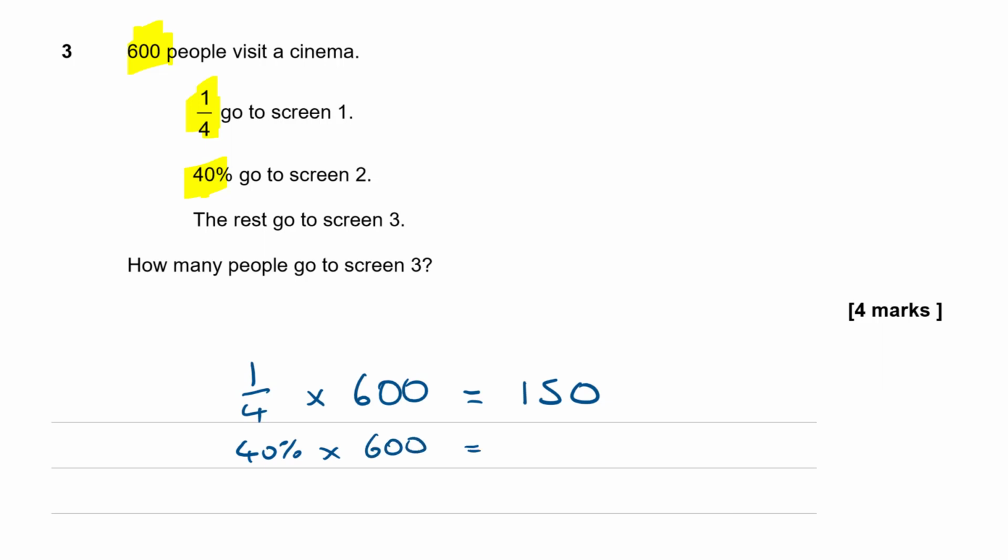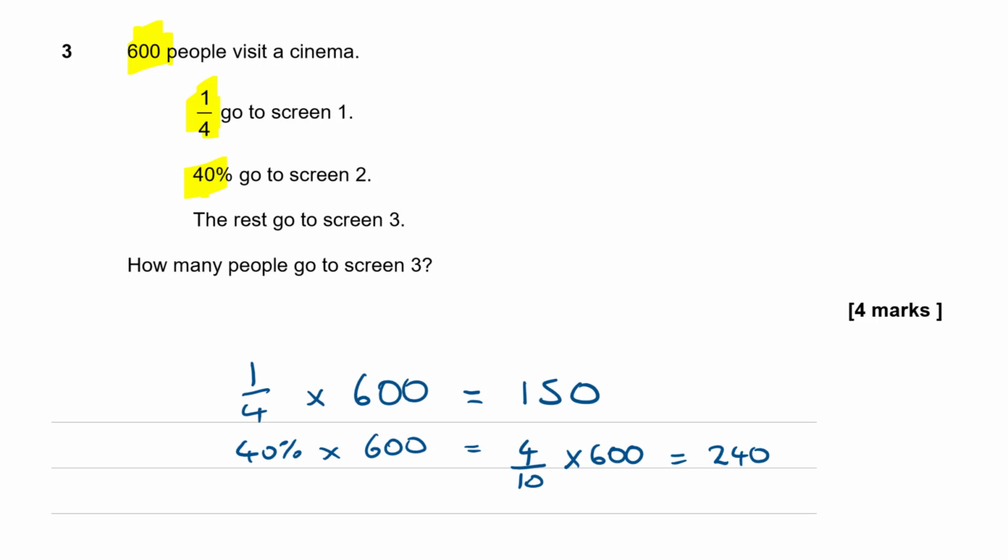Okay, well, 40% is 40/100ths, which is the same thing as 4/10ths of 600. So when you've got a fraction of a number like that, you need to divide by 10 and times by 4. So 600 divided by 10 would be 60, and 60 times 4 would be 6, 12, 18, 24. It's going to be 240. So I make it 150 people go to screen 1, 240 people go to screen 2, so the rest must